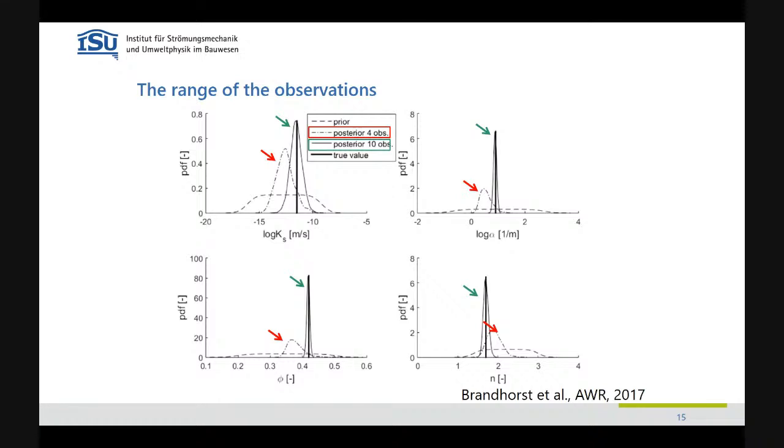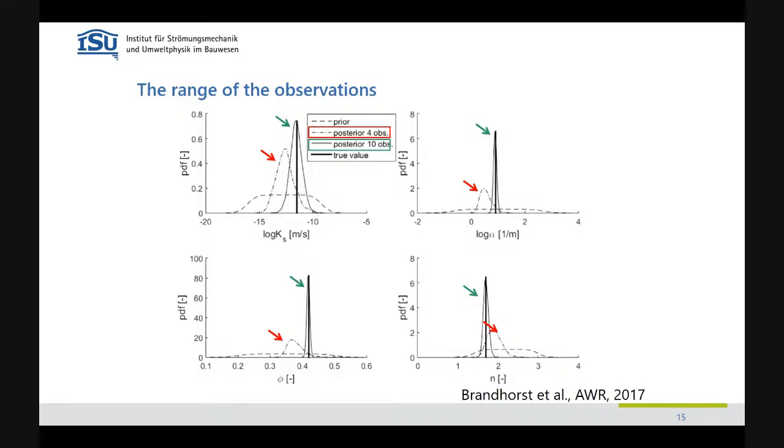We do here inverse modeling acknowledging uncertainties. So we have here distributions of the 4 parameters that we want to estimate, no matter what they are. The point is, we see here our prior distributions in dashed, and they are quite broad because we don't know the parameters. And then we have in this solid lines the true parameters, and then we have the posterior distributions. And if we have 10 sensors and see the full domain, this works very well. We retrieve the parameters nicely.